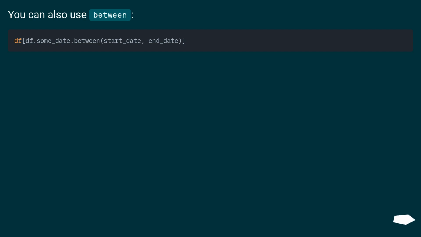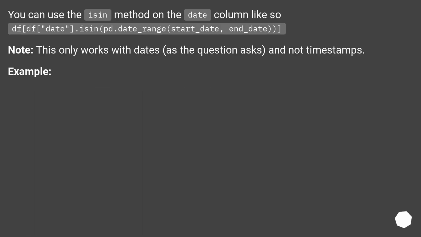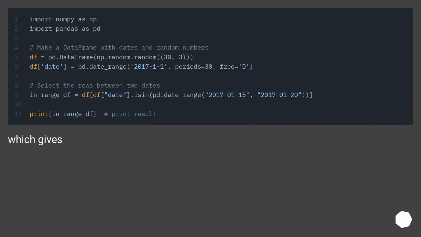You can also use between. You can use the isin method on the date column like so: df['date'].isin(pd.date_range(start_date, end_date)). Note, this only works with dates, as the question asks, and not timestamps. Example. Which gives